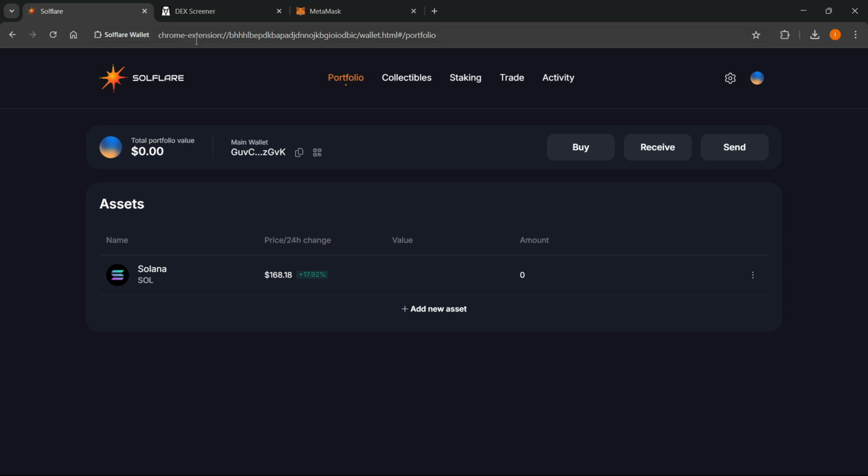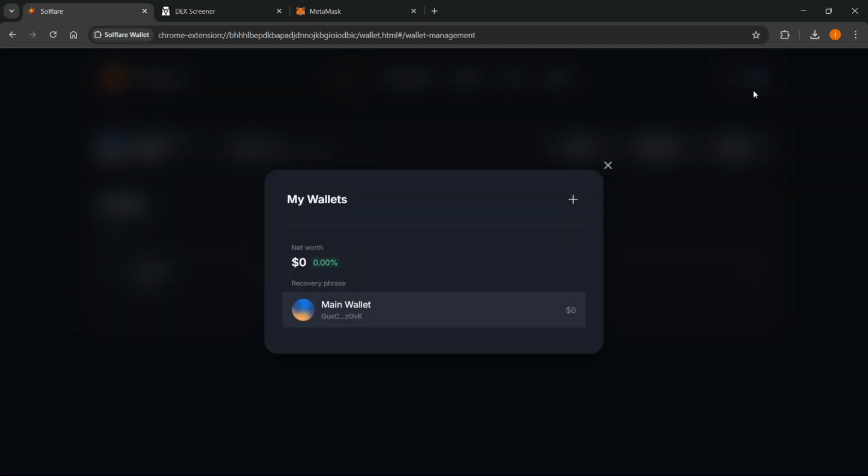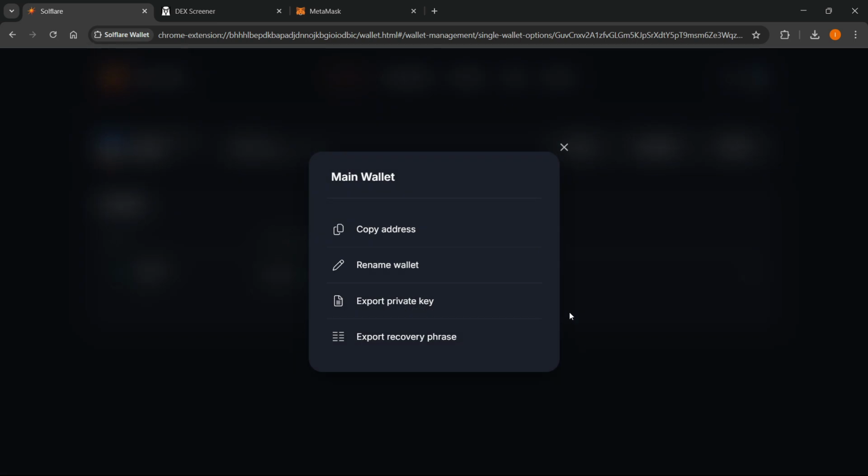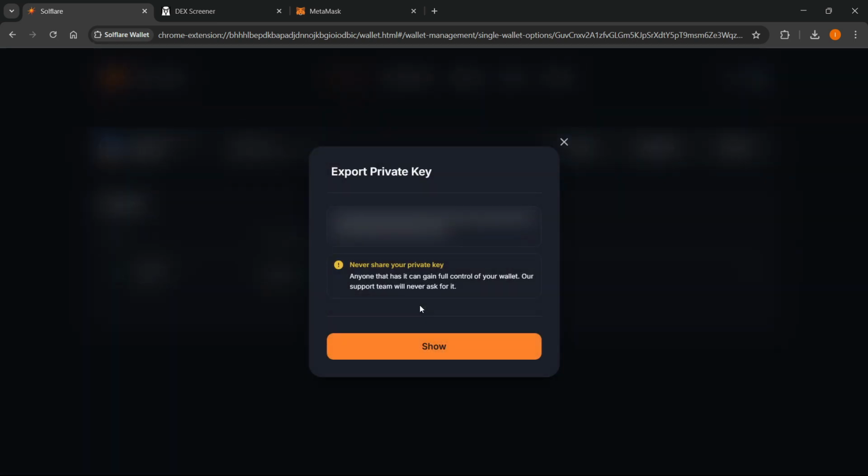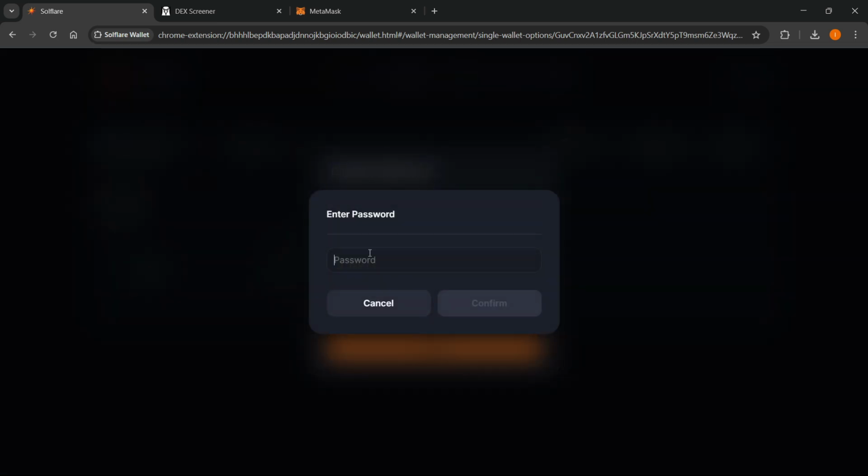So first, go to Solflare, go to your top right where you can see your profile icon, and then click on those three dots when you hover over this, and then you can see your Export Private Key button. Click on this, and then of course you should never share your private key, so make sure you actually keep it safe. Press Show, and then enter in your password, press Continue, and you'll be able to reveal your private